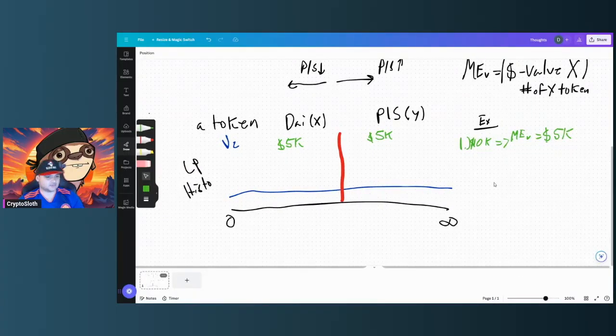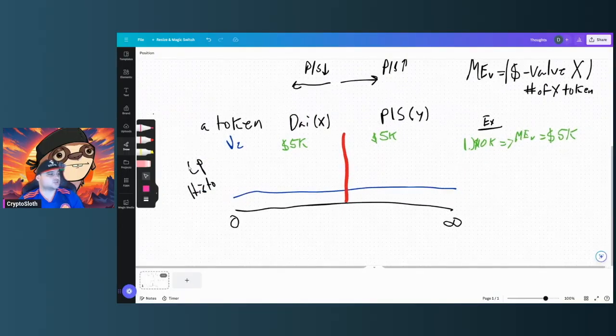And now let's add a level of complexity on top of that. So I'm going to add another color. I'm going to add pink. And let's go to example number 2. Okay. In this case, we have 10K of liquidity in V2, 10K V2, and let's say we have 5K in V3. Okay, so we have 5K in V3, but this V3 is a single-sided,